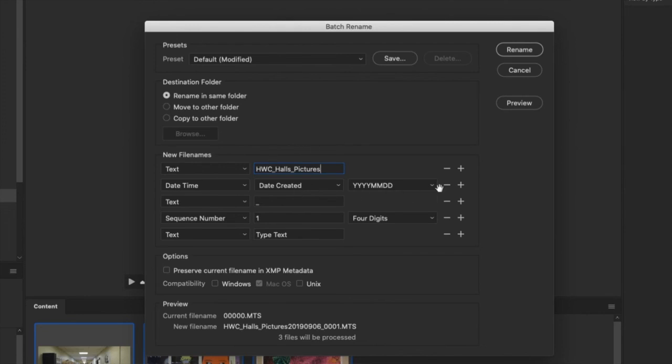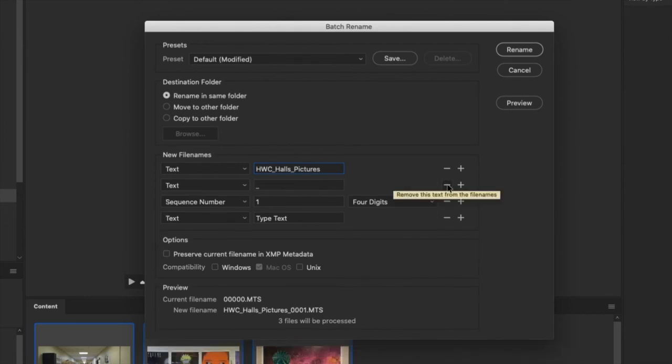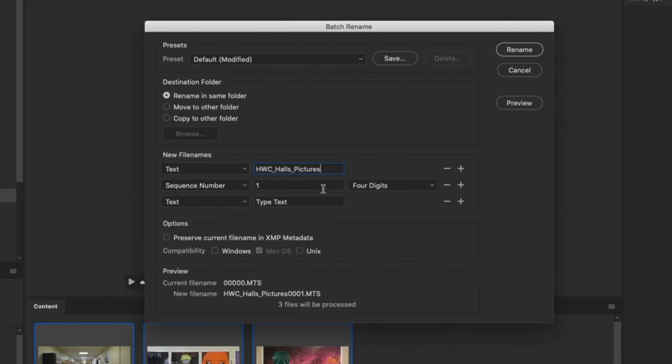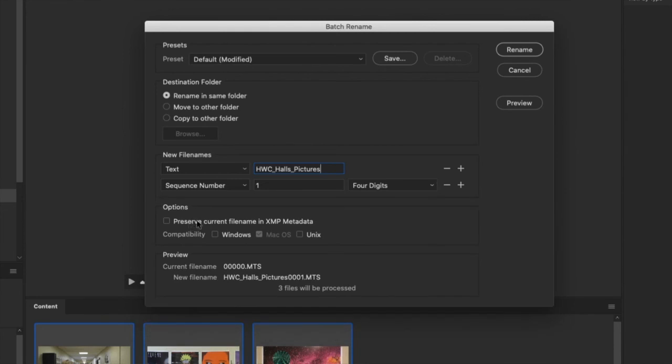And date created, I can minus that out if I don't want it. I want to remove this one too, but I do want sequence number starting with 1 and options, preserve current file name in XMP metadata. That wouldn't hurt. And compatibility, Windows, Mac, as you see fit. And here's the preview. My current file name is many zeros.mts. The new first file name to replace that will be what I typed in. Maybe I want an underscore at the end there. There we go. HWC underscore Halls underscore Pictures